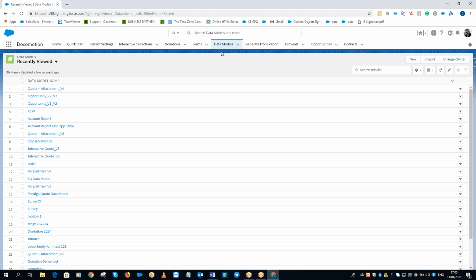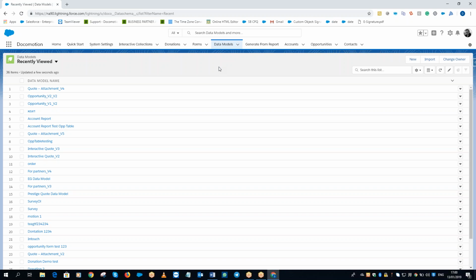It can be a standard or custom object, and of course, any relations of this object to the related object. So for example, we can bring data from the opportunities when we create the data model on the account, because